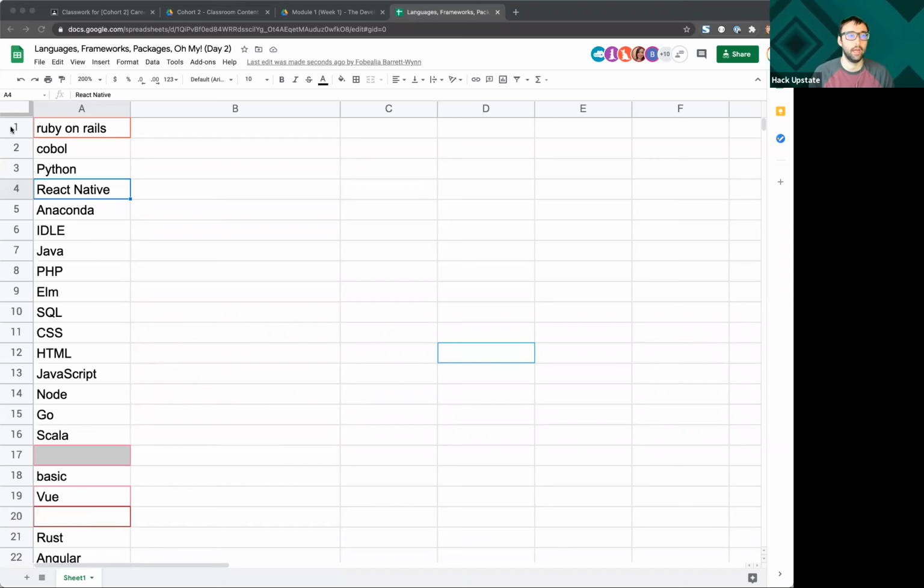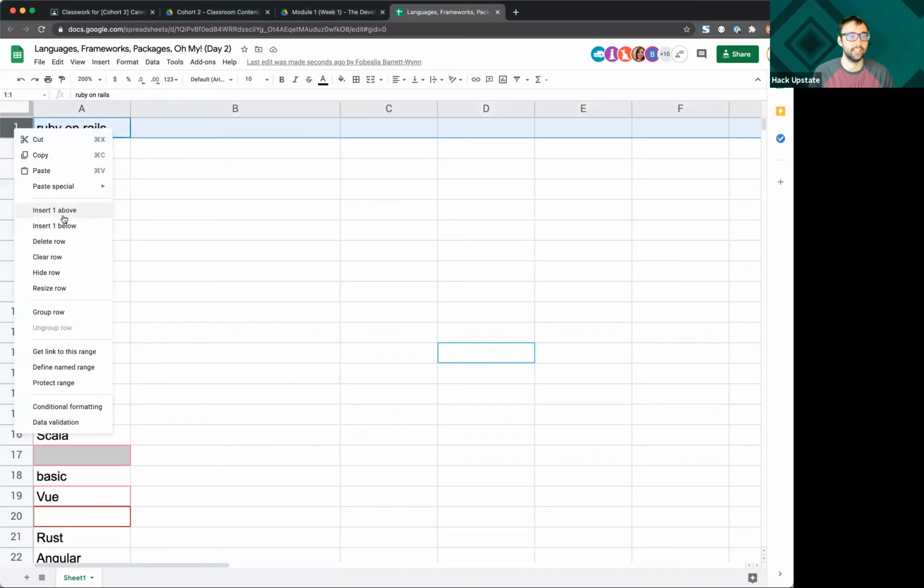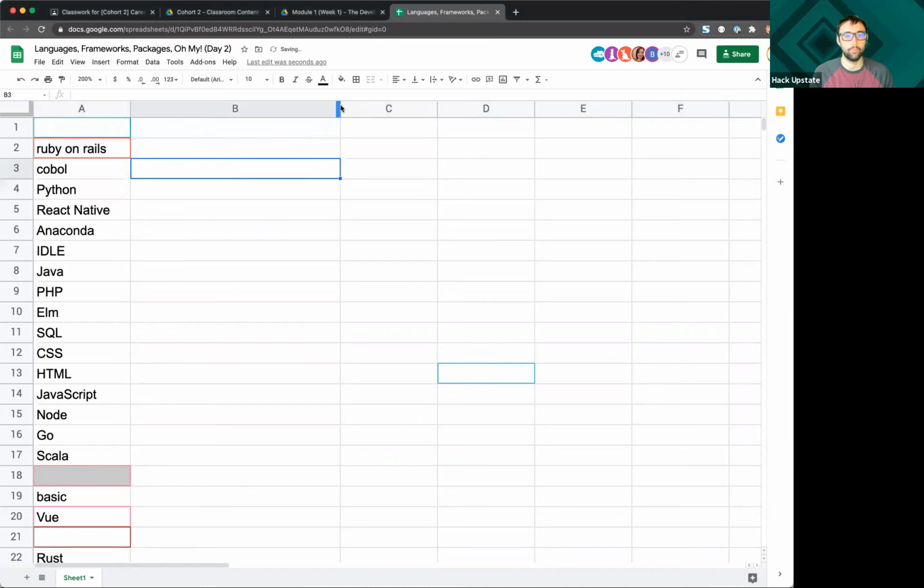So I'm going to put a row at the top of this spreadsheet, and we're going to break it out into a couple different categories. First of all, it could be a language, and a language is anything that we're using that has some syntax with it, so the program can understand how to run in the computer. Then there's the other factor of, okay, if it's a language, where is it used, right?